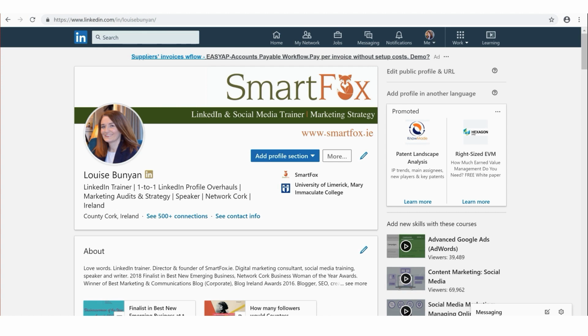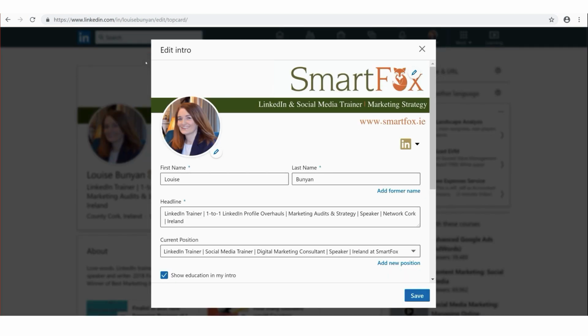Now, I work for myself, so I'm quite lucky in that I have a branded logo and all this. But if you are just a regular employee, or if you've been out of the workforce for a while and you don't work for yourself, I'm going to show you what to change here. So everything that we want to edit in a lot of our profile is behind this blue pencil. So we're going to click on that, and now we're going to look for another blue pencil.